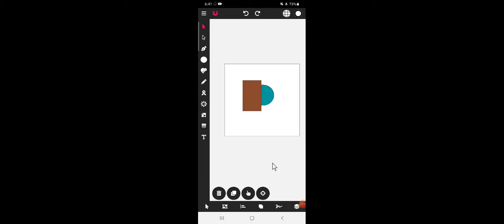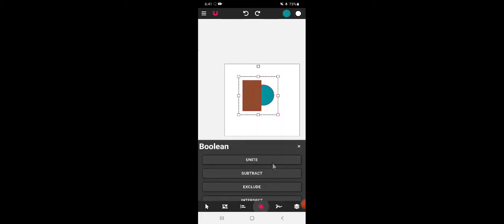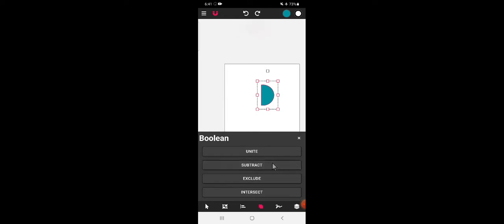Okay, actually the rules have been changed in Vector Ink after upgrading. Now the rule is that the shape which is on top will subtract the shape which is below it. Here you can see the rectangle is on top and the circle is below it. So we will select both shapes, go to this and subtract.